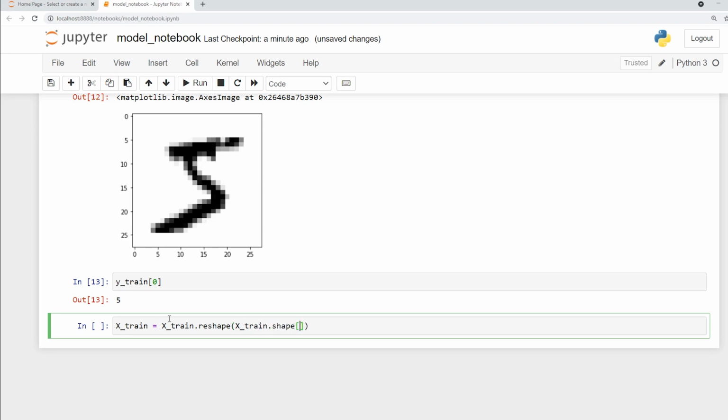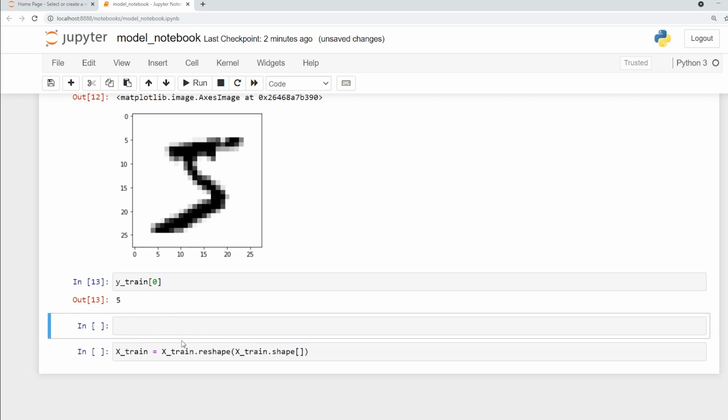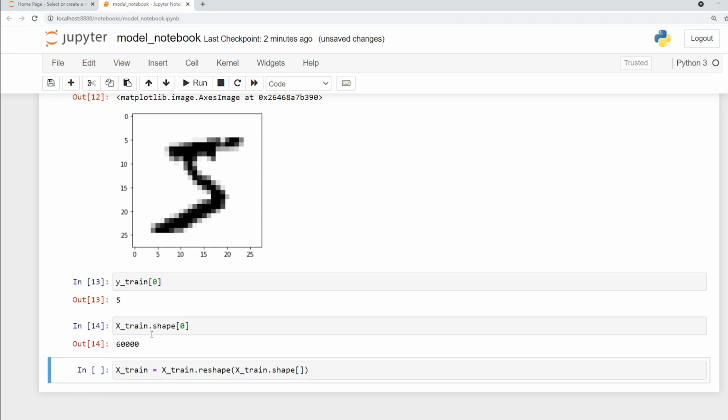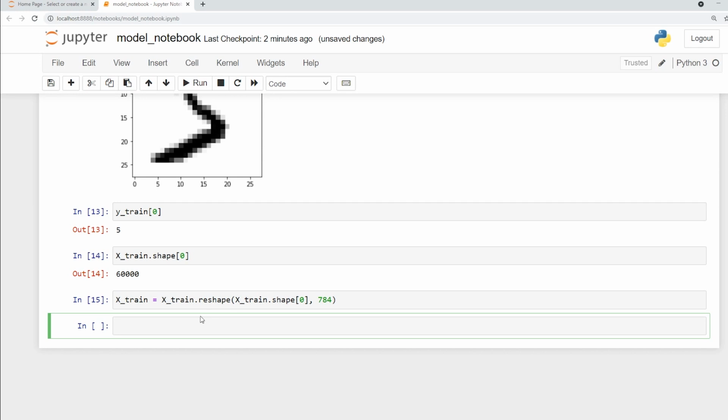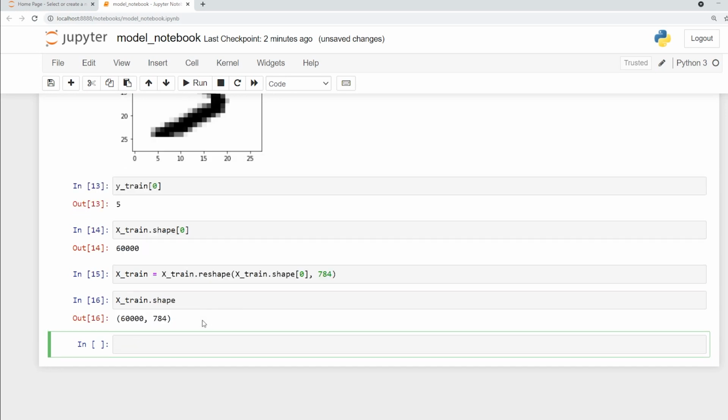I'm going to work on my 60,000 images. So here, if I say xtrain dot shape with 0, I'll have 60,000. This indicates please work on my 60,000 images. And here I'll say 784. Why? 28 by 28 is 784. And now if I say xtrain dot shape, we have it.